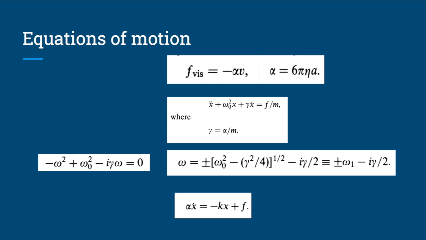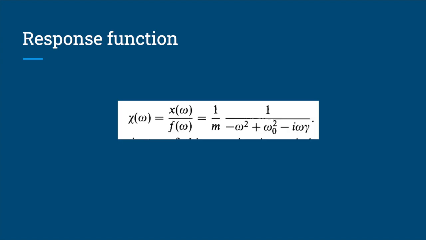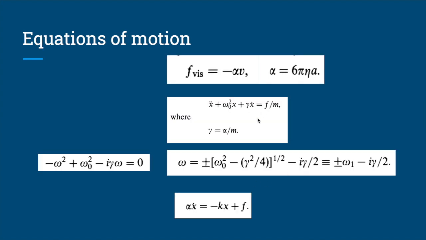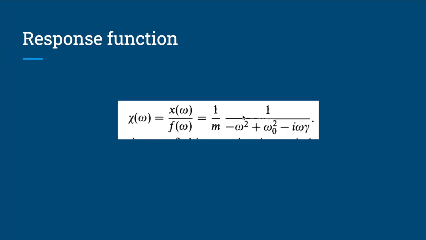So then we come to the response function. This is the frequency dependent response of x to the external force. The denominator of the equation is the characteristic equation of this second order differential equation. By solving this equation, this is what we see in the denominator of the response function as well. So we can see that there are poles in chi of omega at complex mode frequencies of the oscillator. Poles are basically the roots.